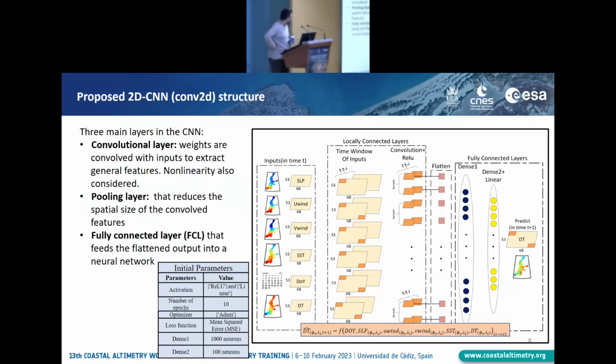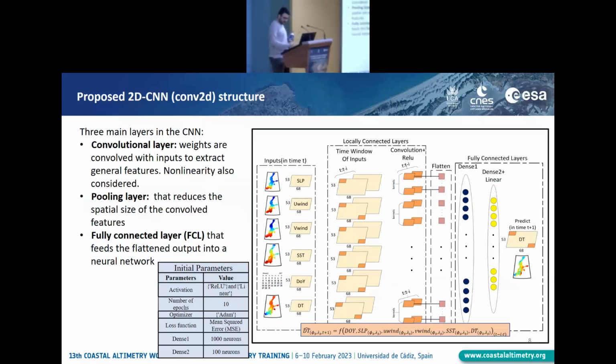The convolution layer performs the convolution operation by multiplying some initial weights with the input data to extract the general features. The pooling layer is used to shrink the dimensionality of the model, and finally, the fully connected layers take the vectorized outputs from the flattened layer, as you can see in the figure,